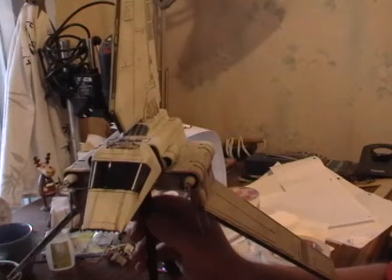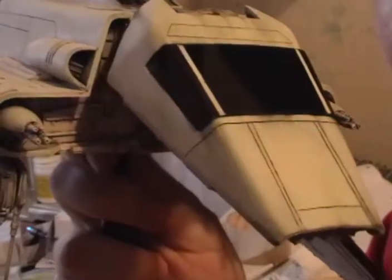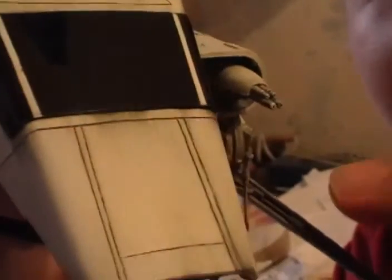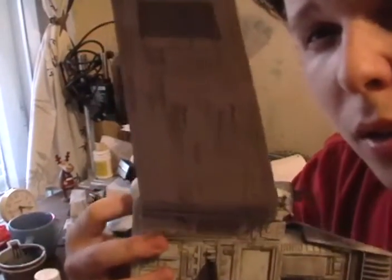And now I'm weathering it with the soot pigment to highlight the panels. You can see some of these here on the cockpit, and on the stains here on the lower part of the side wings. Okay, now let's focus it a little. Yeah. So